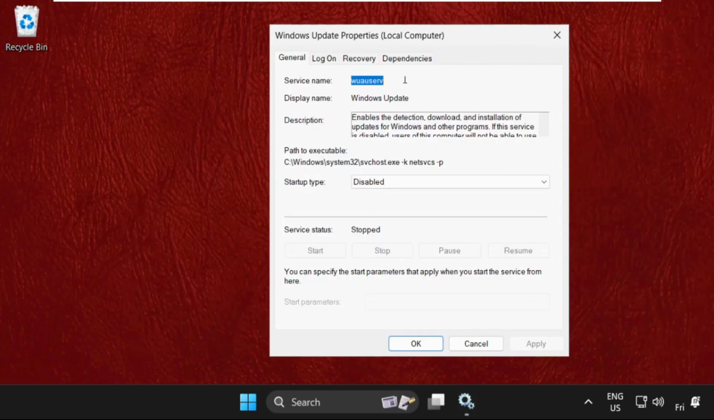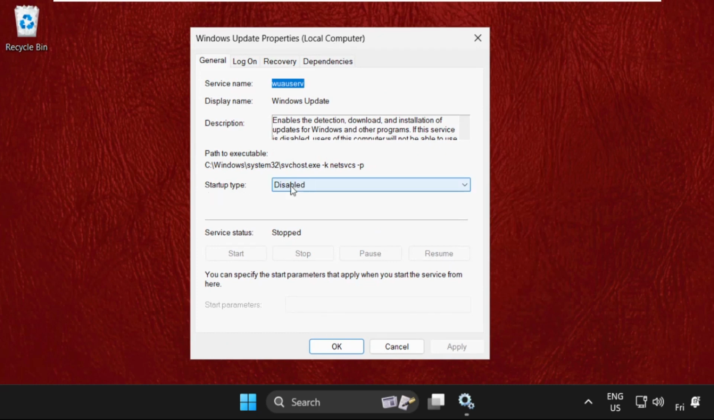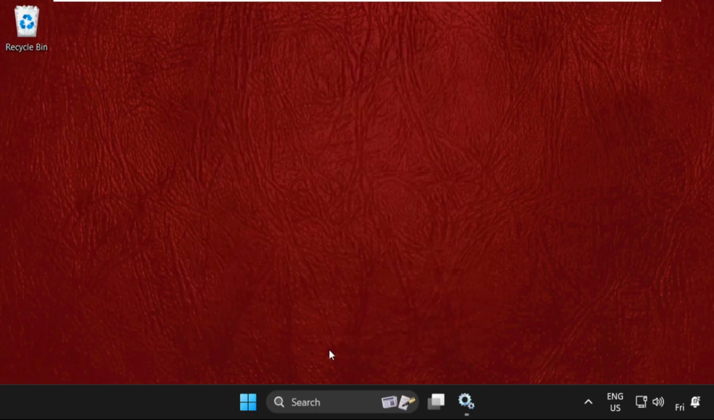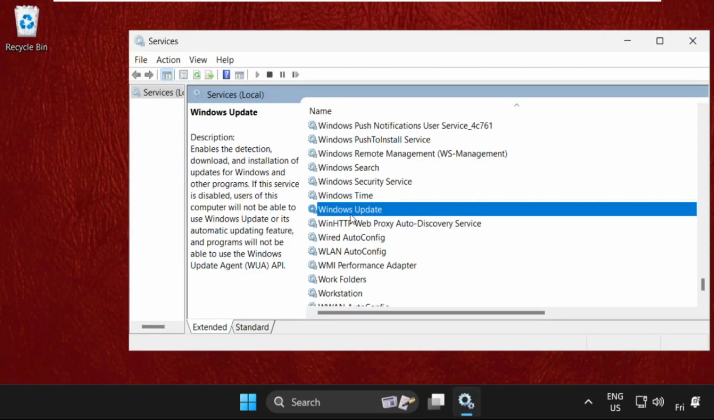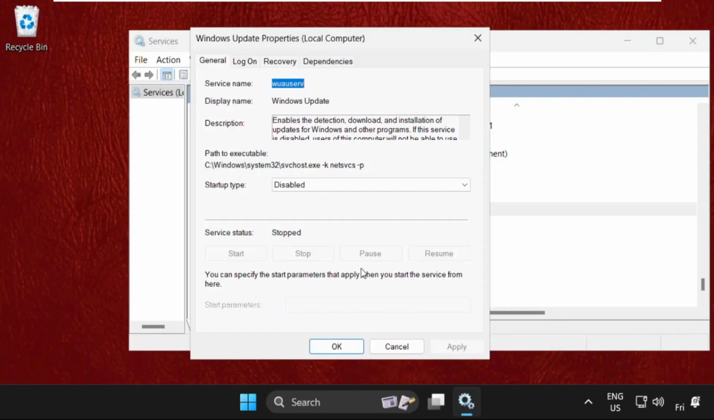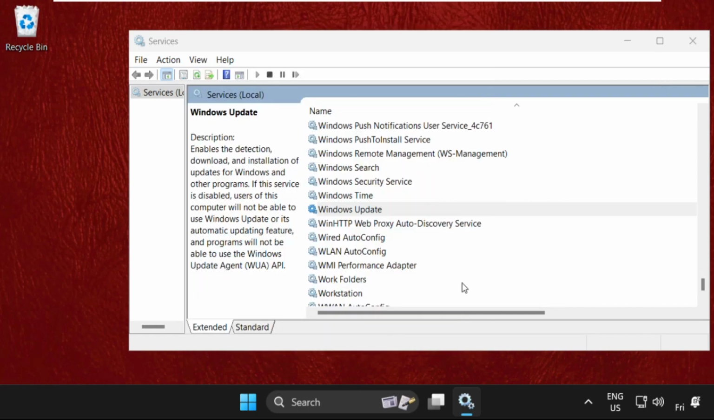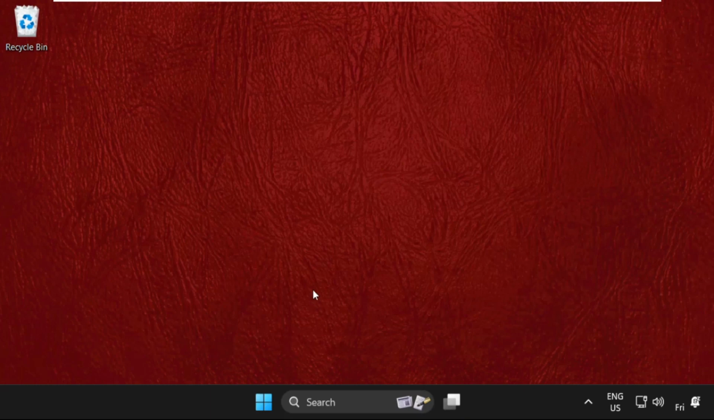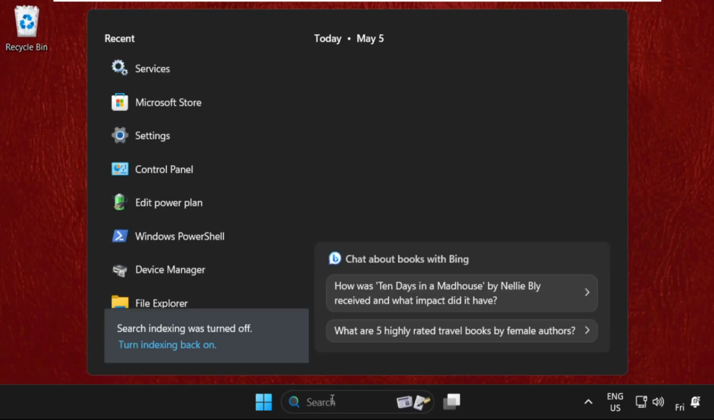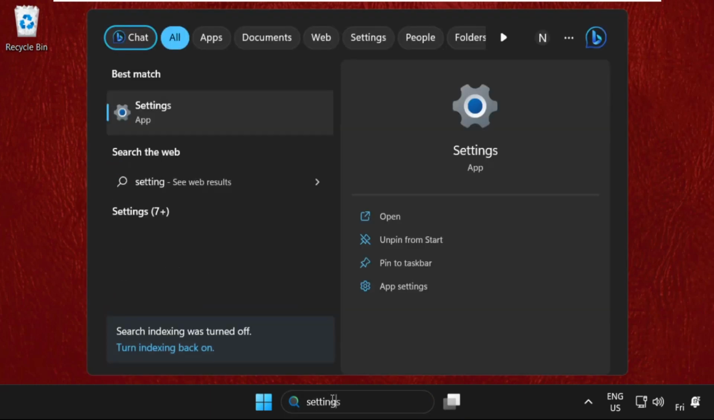Then on this window, make sure you select disable in the startup type. Then click on apply and then OK. After that, you need to just select it and make sure to click on stop. Then close all windows one by one, and for the next method, just go to the search bar, type settings,